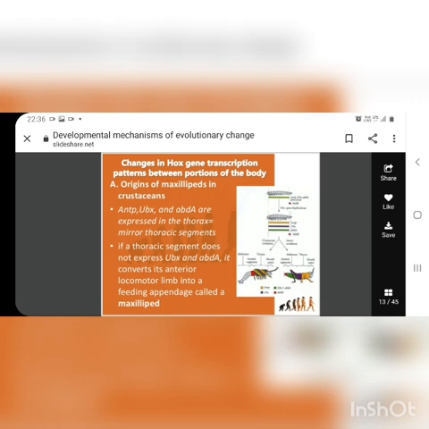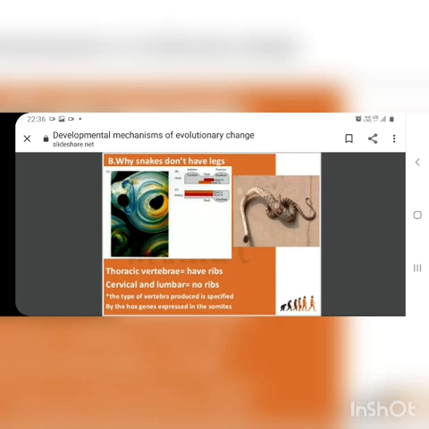Similarly, another example is that of the snake and why snakes don't have any legs. The snakes have evolved from the lizard. We know that Hox genes are responsible in vertebrates for providing them the limb identity. They are important in providing the positional identity. This we have done in tetrapod limb development, how Hox genes were responsible, and we know that Hox genes in